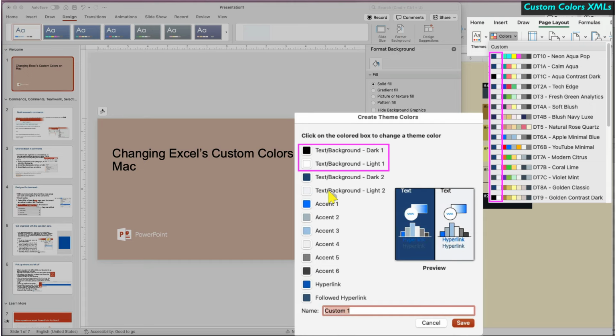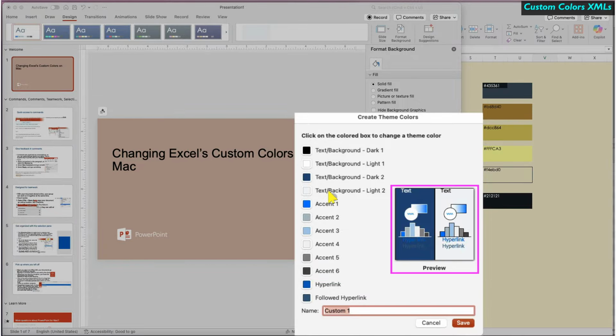Once you're in the Create Theme Color window, here's what each section means. Dark 1 and Light 1 are your default text and background colors, basically Excel's automatic colors. Dark 2 and Light 2 are secondary shades that add contrast. Accent 1 through 6 are the main colors used in your charts, shapes, and tables. Hyperlink and followed hyperlink are the link colors. You can also see a live preview on the right to get an idea of how everything will look in